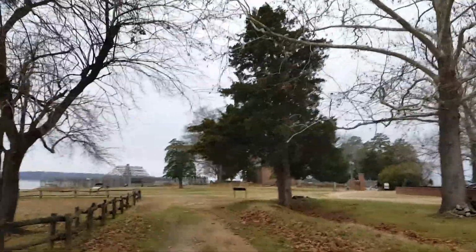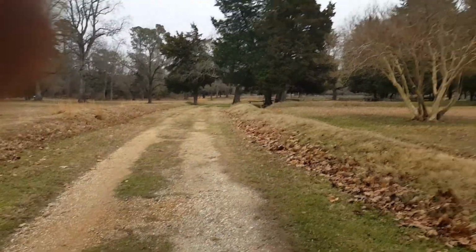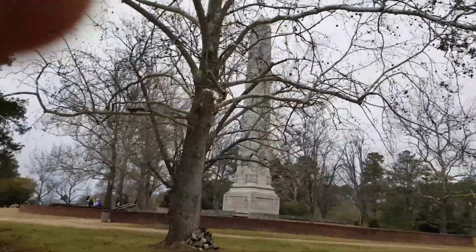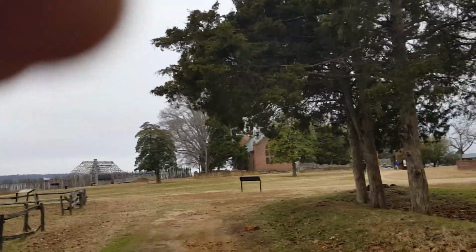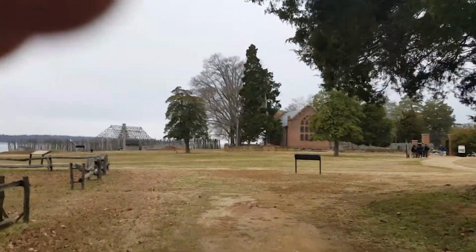Okay, when I turned the video off before, we were actually back down there a little bit here on Main Street in Jamestown. And now we're coming up past the monument. The monument here, I think they put it up to celebrate the 300th year anniversary back in the day. But we're going to go ahead and walk